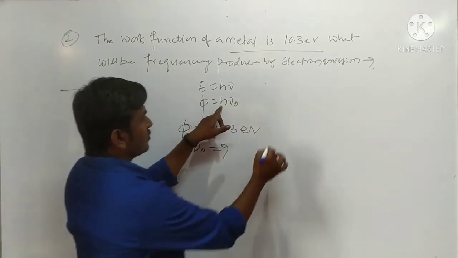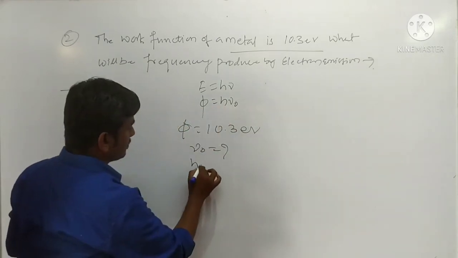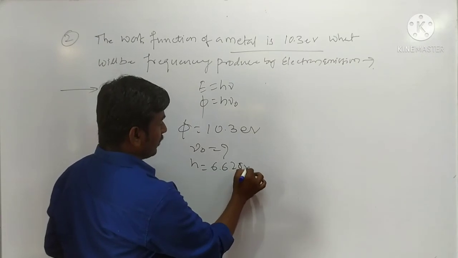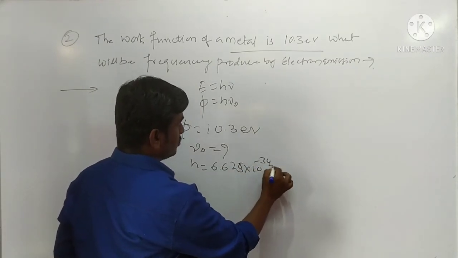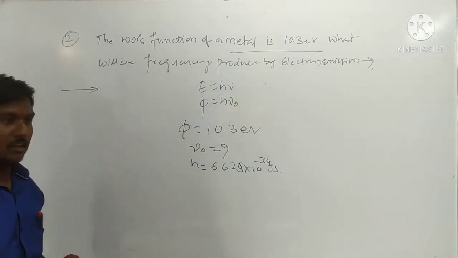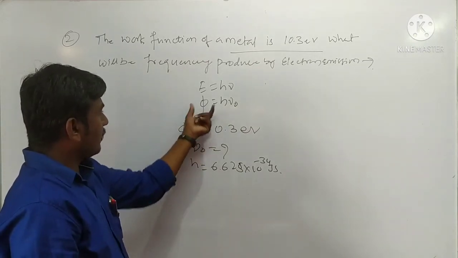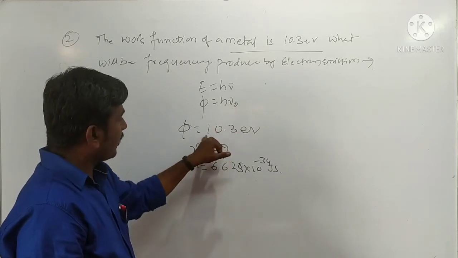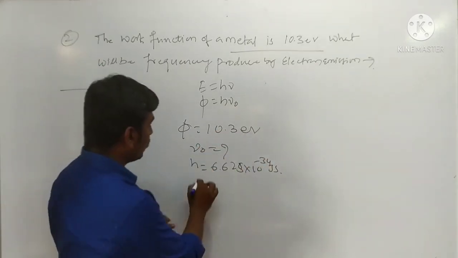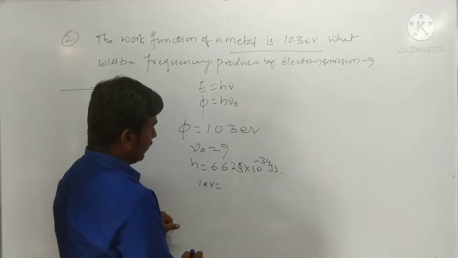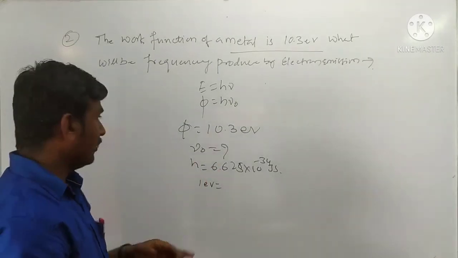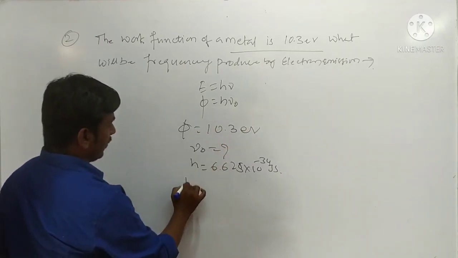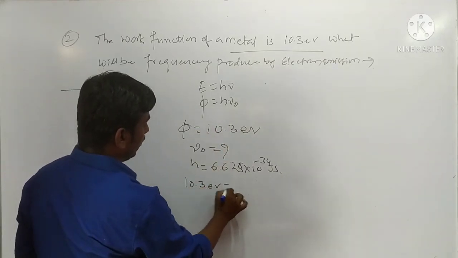Okay, so you know the h value. h is nothing but Planck's constant. Keep it constant, 10 power minus 34 joule second. So you have to make some arrangement here. Phi is in electron volt, 10.3 electron volt. What is the value of 1 electron volt? Otherwise, you can express it in electron volt only. So we write 10.3 electron volt equal to